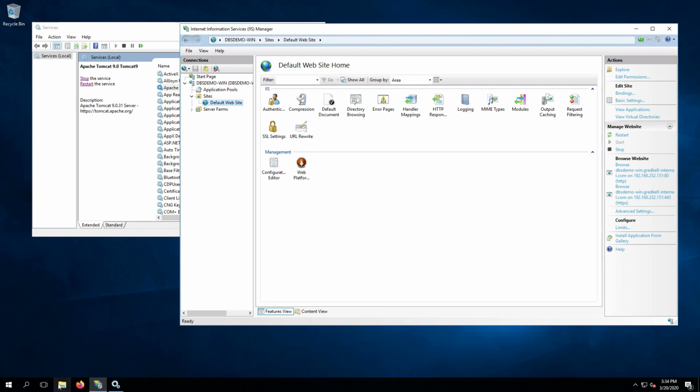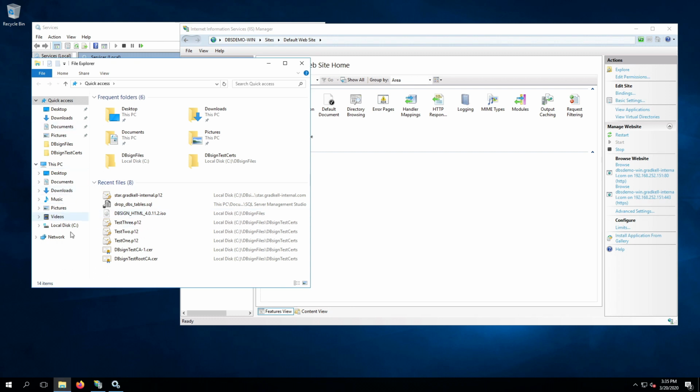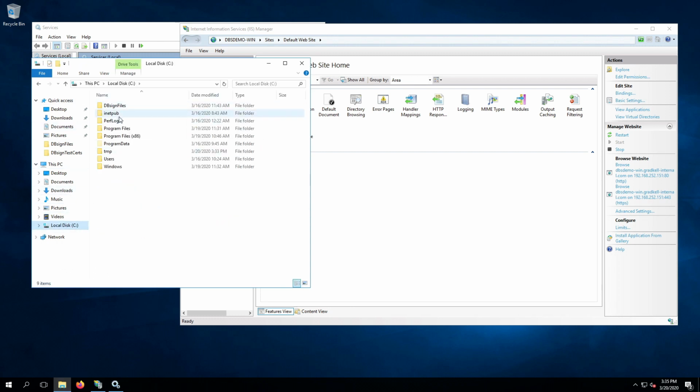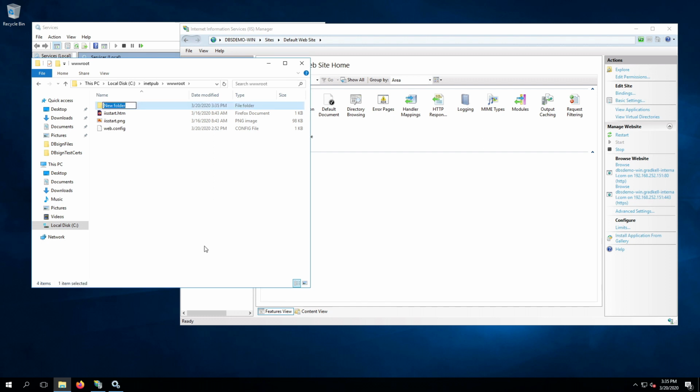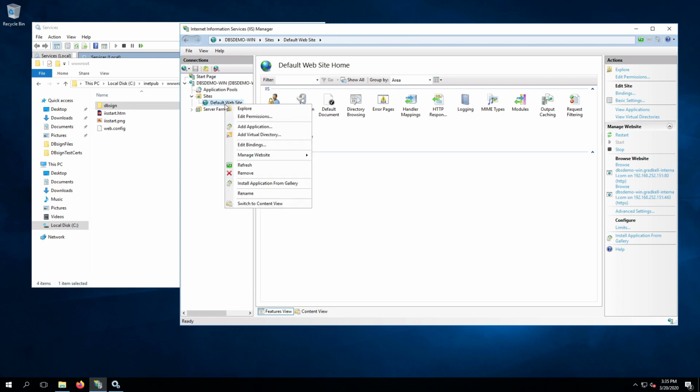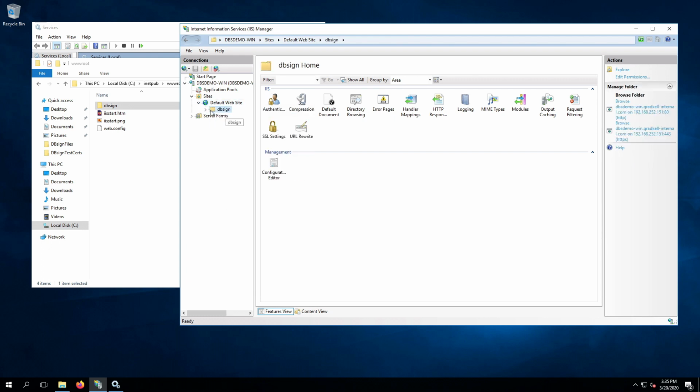So I'm going to trick IIS just a little bit. And I'm going to go to where the website files are deployed, my HTTP route. And this is just stock IIS stuff. And I'm going to create a new folder. And I'm going to call it DB-Sign. And if I go back over here now and refresh, now I have a DB-Sign folder. Now, you may be saying, well, that's fine, but now won't you just be served an empty folder instead of your DB-Sign request? Well,